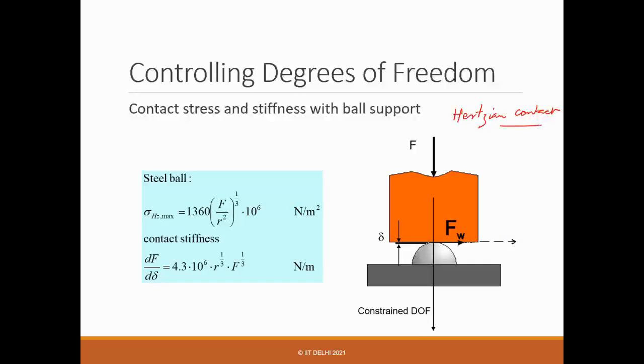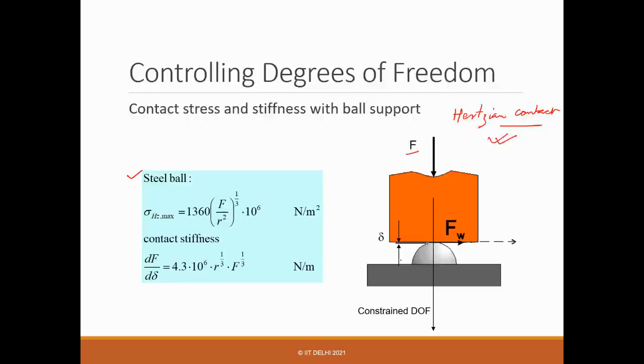So in any design book or mechanics of materials book, you can find all the formulations. These are for a particular case, a ball on a flat, a steel ball and flat. There are different materials and different radii of curvature. We'll talk about that in detail in other lectures. But here, let me summarize for a steel ball with a certain preload F and